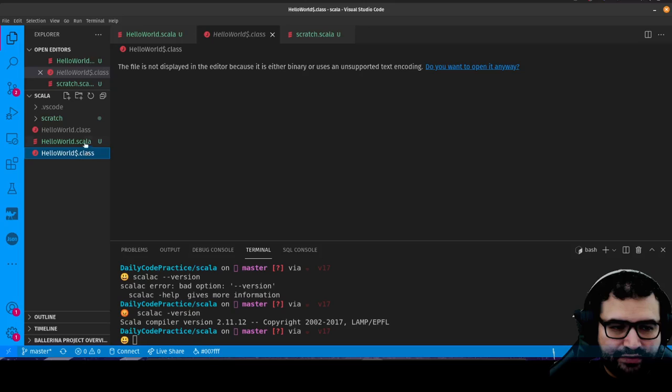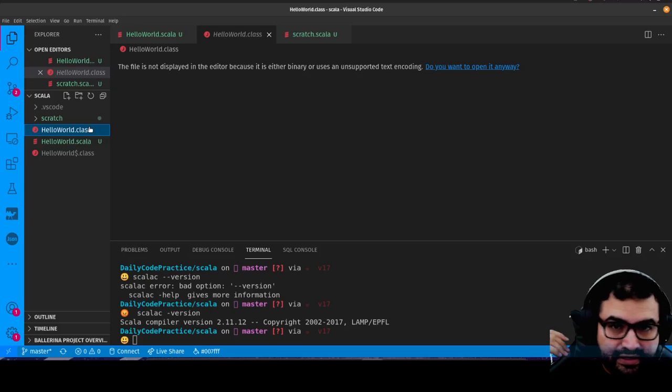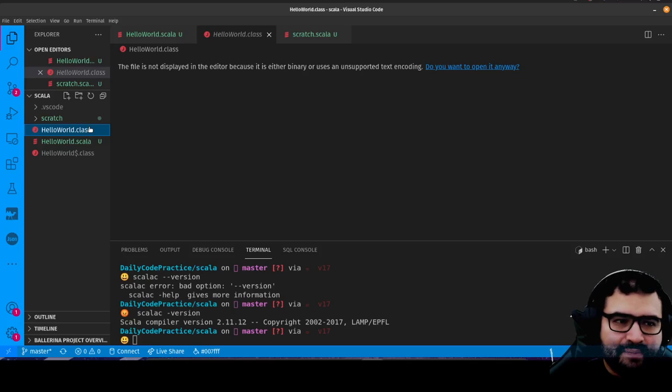So these are like the Java bytecode representations that get run inside the Java virtual machine. Because the idea behind Java was write once, run anywhere. So the way it works is that you write your code, and instead of your code compiling to machine language for that particular hardware, like an Intel chipset on a Windows operating system, or an AMD chipset on a Windows operating system, or an Intel chipset on a Mac operating system, and compiling for that particular environment, because that was always the issue. You had to keep compiling things over and over again, and having to update your code depending on what environment you were in made it really hard to create cross-platform desktop software.